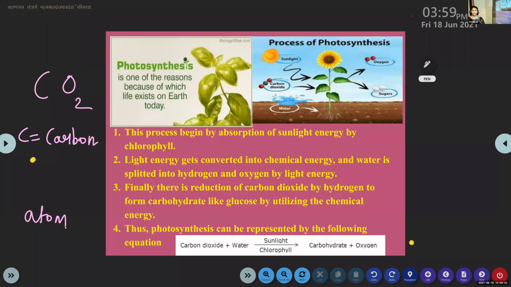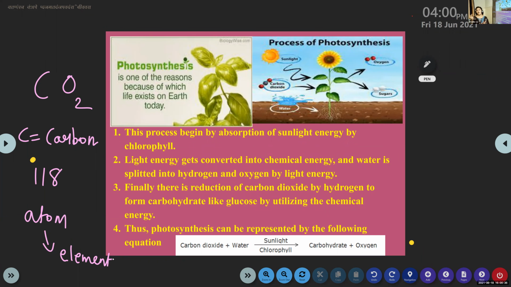every object in the universe, living and non-living, is made up of a minute particle, which we call an atom. In nature, so far, we have found 118 types of atoms. That you will be learning in chemistry. And this atom is also known as an element. This is also part of chemistry. Every atom we call an element. So 118 types of atoms means 118 elements.